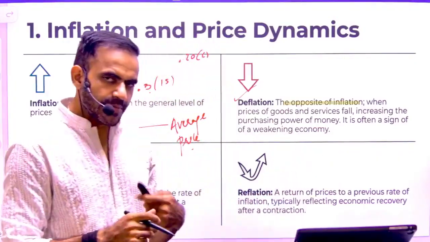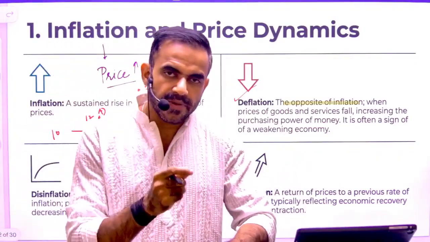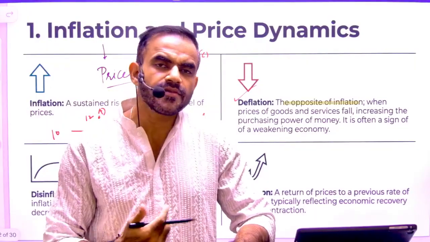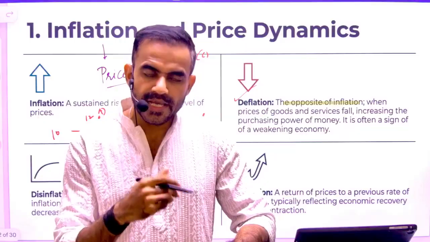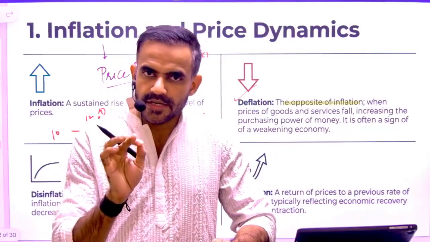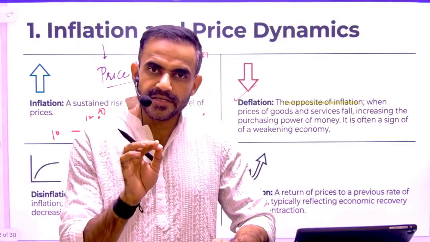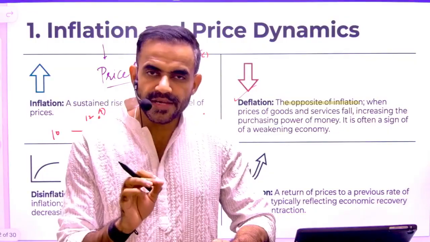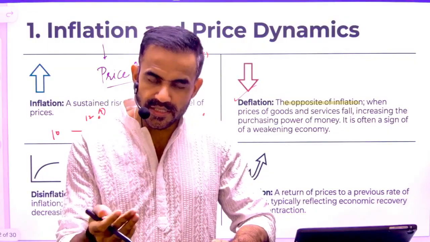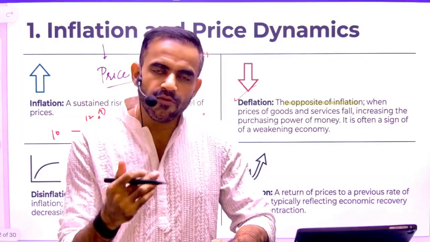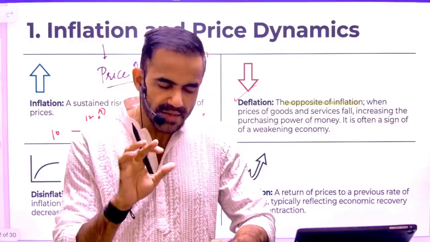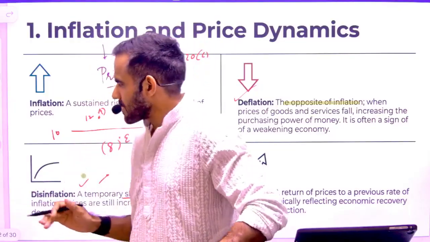Now understand, if the price is below the general price level, that simply means the items are now available at a cheaper price. If items are available at a cheaper price, that means I can purchase more. So can I simply say that inflation reduces my ability to buy items? Let me rephrase it again. Inflation simply means the price has increased. Since the price has increased, I won't be able to buy the same quantity with the same amount of money. Let's consider one example. The same example.